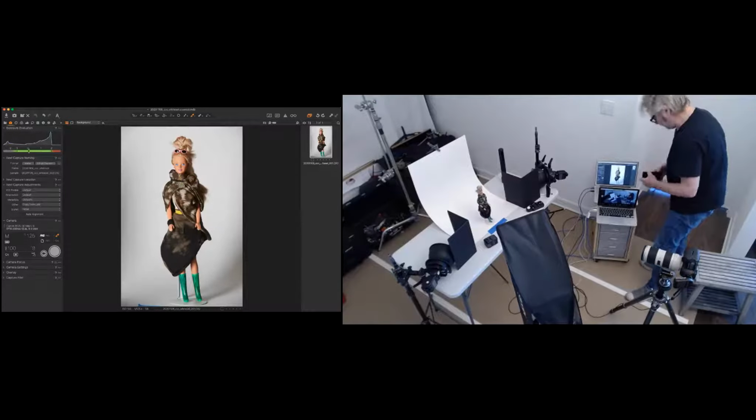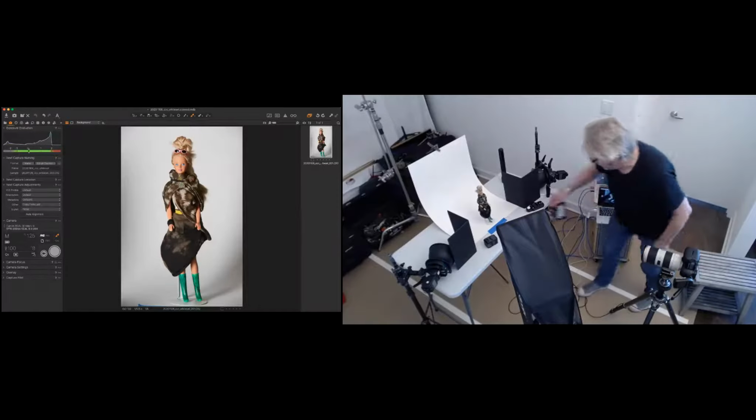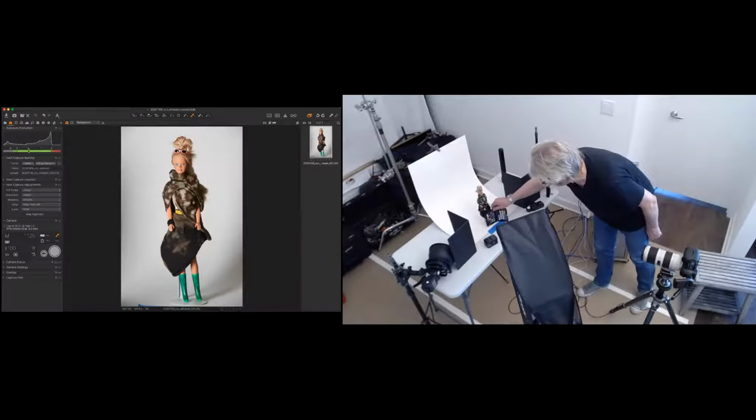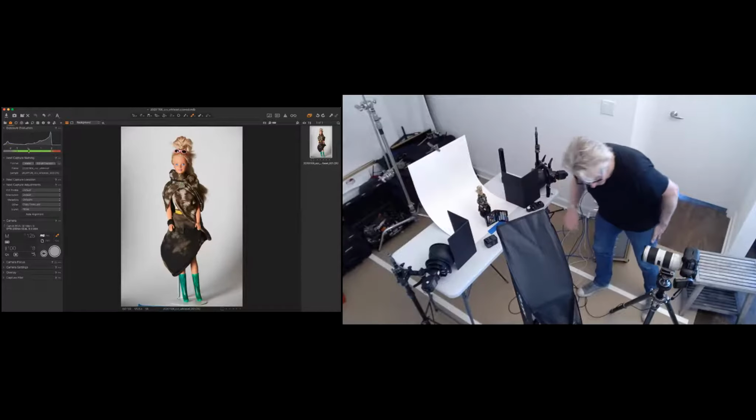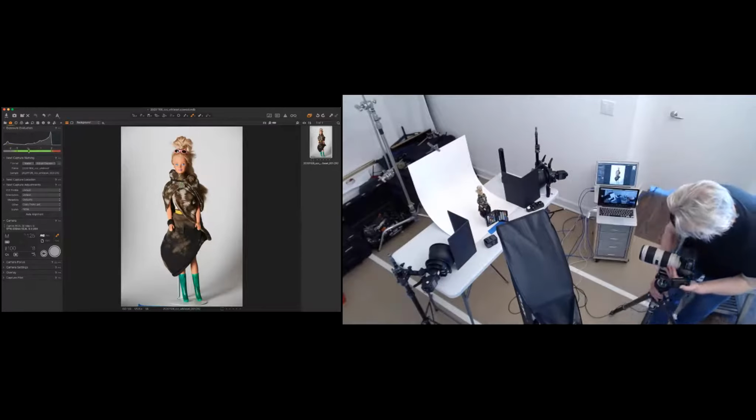You definitely want to dial in your key exposure first, because it has an impact on every single thing else. I'm also going to move my camera over slightly to get a little bit more direct orientation on my color card. We talked about this. You guys did that whole exercise.